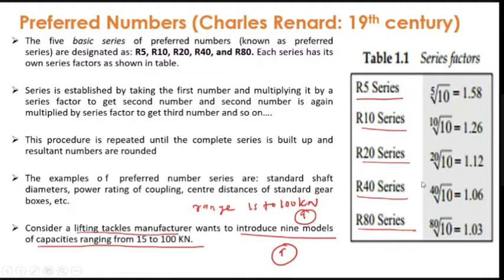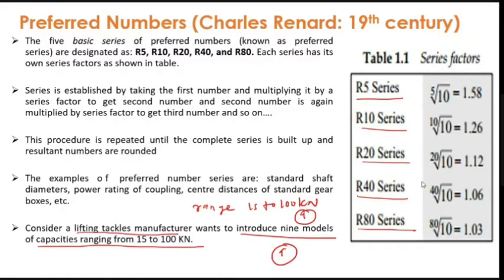Initially, try to understand that whenever a manufacturer is introducing some component or product in the market, he will not manufacture hundreds of products, right? He will manufacture maybe 5 to 10 because he has to observe how the sale is and whether the product is gaining. For example, when any mobile phone comes to the market, maybe the first 1,000 pieces will come, maybe the first 10,000 pieces, and then turnover will go to the lakhs.